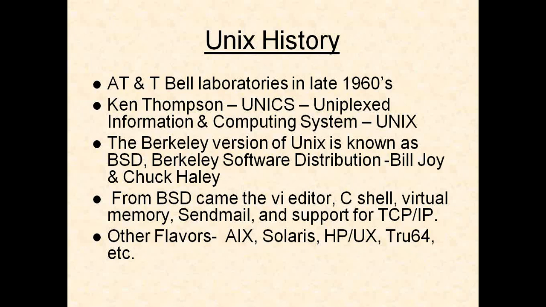Later, somewhere around 1973 or 75, the Unix operating system was made an ANSI standard. What happens when we make a product an ANSI standard is that other companies can develop their own products. So during the 1970s, when Unix was made an ANSI standard, different companies who develop operating systems started developing their own flavors of Unix.